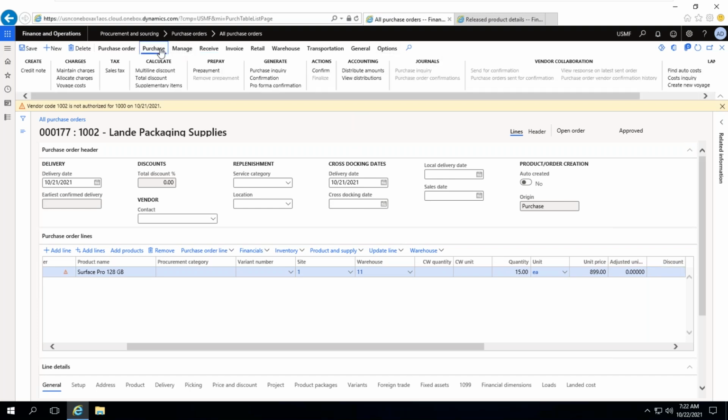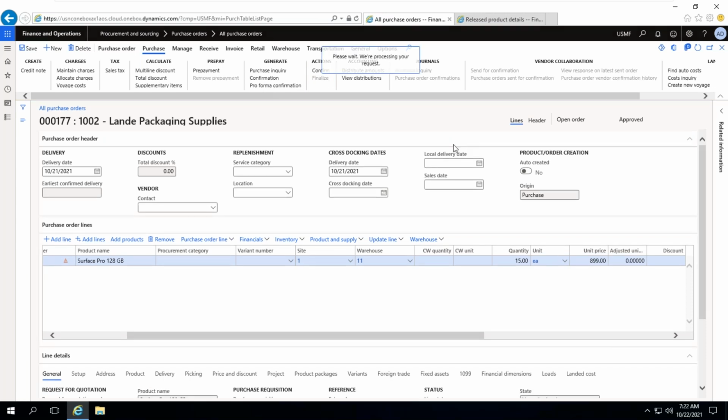Give me a second, let me do a confirmation. This button will ask you to take a printout. In this one we don't have the option to take a printout because I don't want to waste my time. That is the reason I'm using this small confirm button. I don't need any printout, otherwise I need to use this one. Okay, fine. Now the small confirm button I have completed. So now the status will be changed from approved to confirmed.